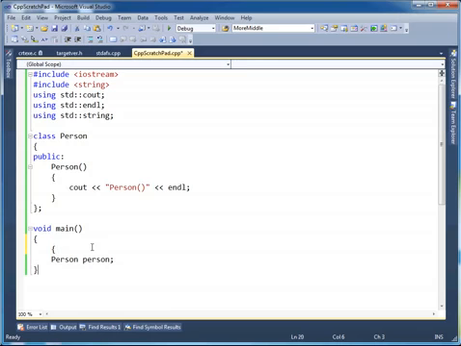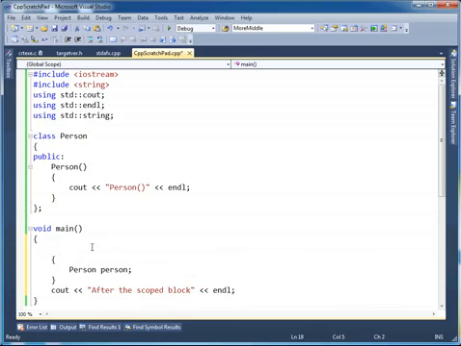Another thing, you can do this in other languages, but this also stresses the point, I believe, a little bit. I'm going to insert another level of scope, and generally the time you would see this is in some loop structure, for example, while true, or a for loop, or an if statement. But you can actually just introduce new scope with curlies, and you can nest these as deep as you want. So going here, I'm going to say cout after the scoped block, and let's end line there, and I'm going to cout before the scoped block,